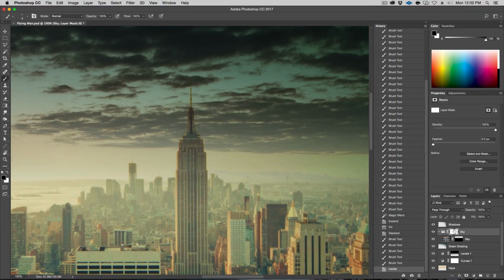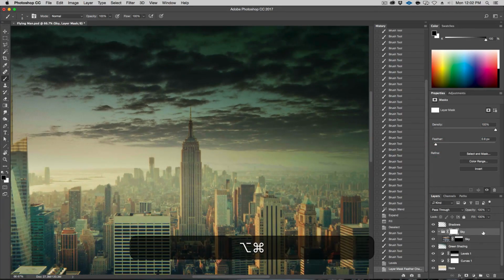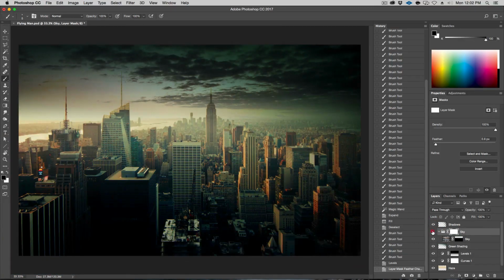And if I want to, I can also feather it by going like this. So the problem with that is that it does a little too much blending and you get a little halo around it. Anyhow, we've added the sky pretty simply, and it's pretty seamless. All right, so we got that sky, and let's add another.